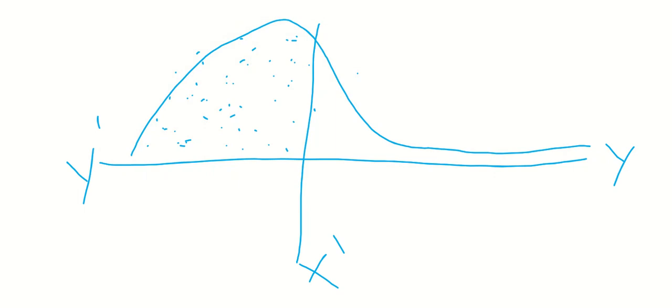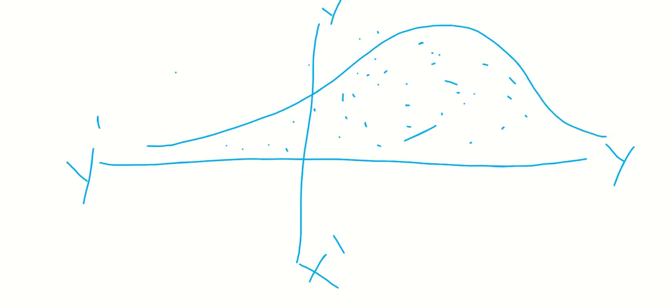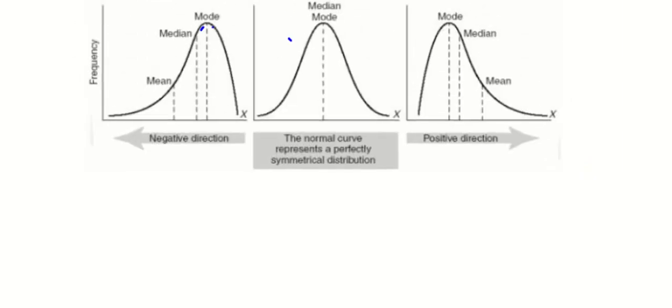And on the other hand, if the data is majorly on this side, here, if I plot it on the graph and the data is on this side, the graph will look like this. So it is called left skewed, right? So we call it negatively skewed, right? So this is how we have three types of graphs. Similar graphs I have shown here, which I showed you, right?